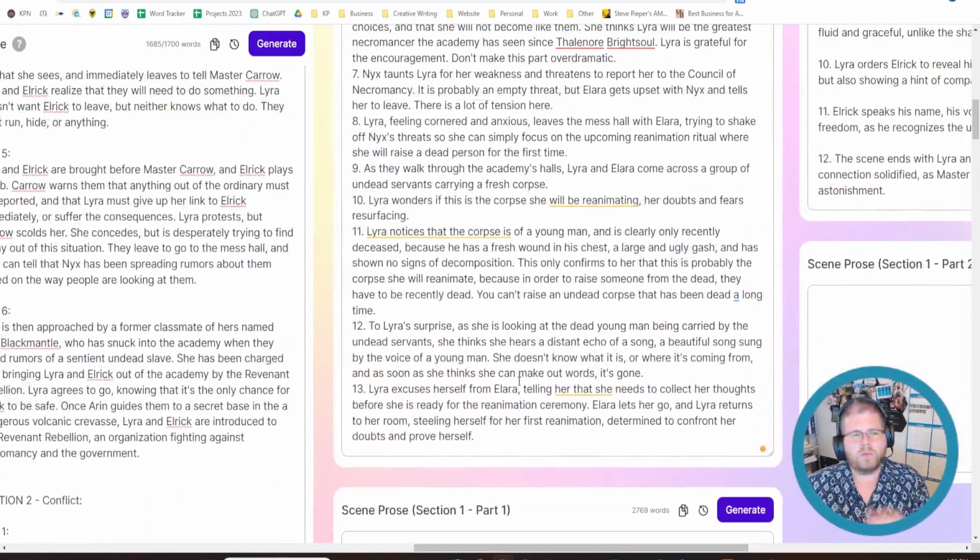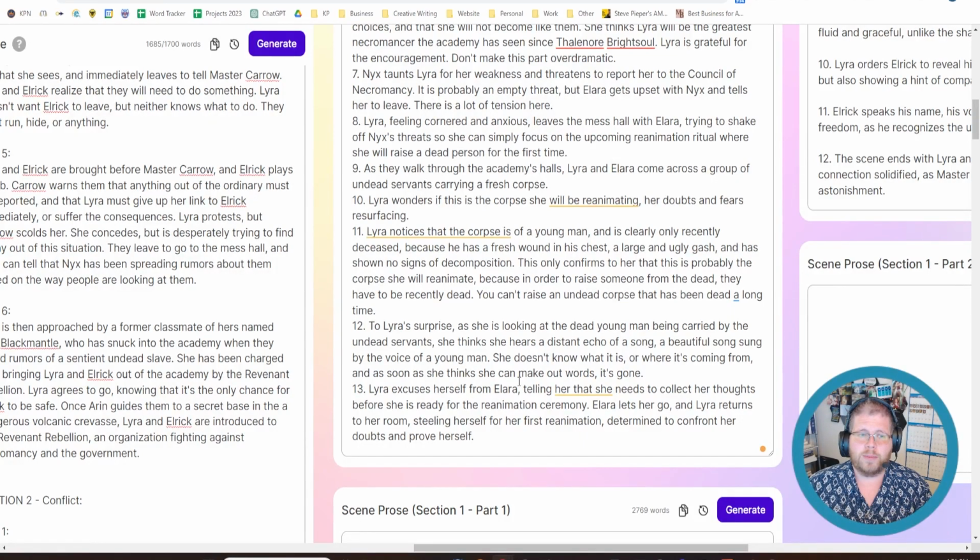So, ChatGPT versus Sudowrite, which one is better? Well, the prose is about the same in both ones. They come up with similar output, although in this particular example, Sudowrite did not produce quite as much, but it's similar. Sudowrite is faster, and you can kind of set it to generate and then go and do something else. So as far as the actual work that goes into it, it's just a click of a button essentially,